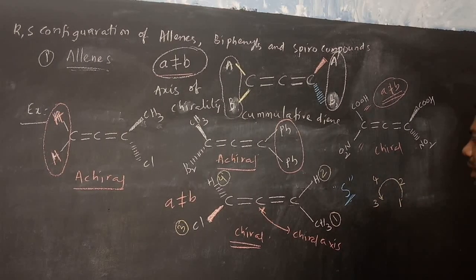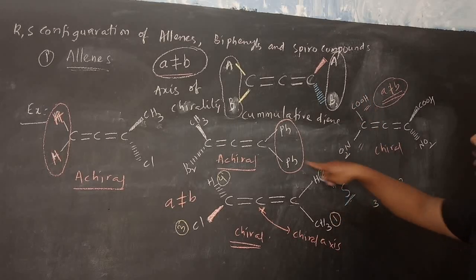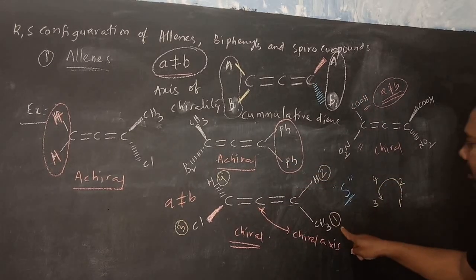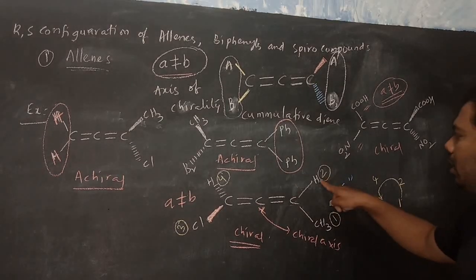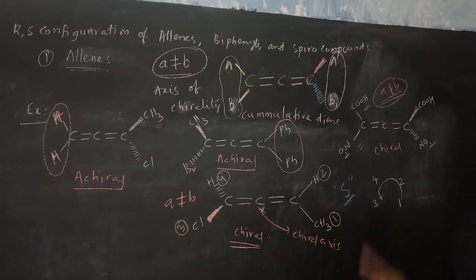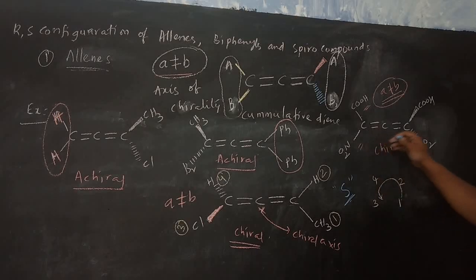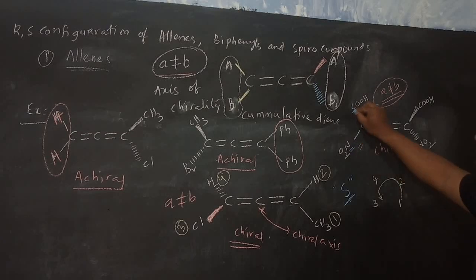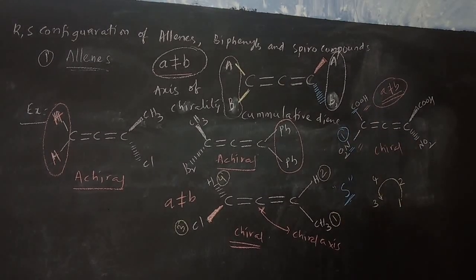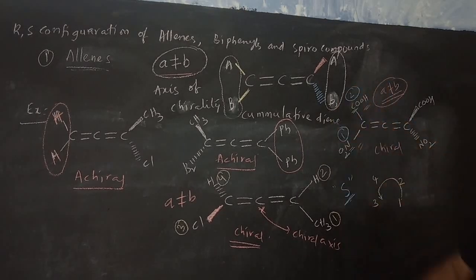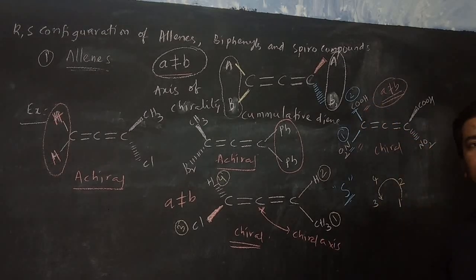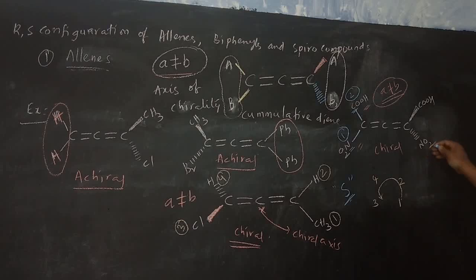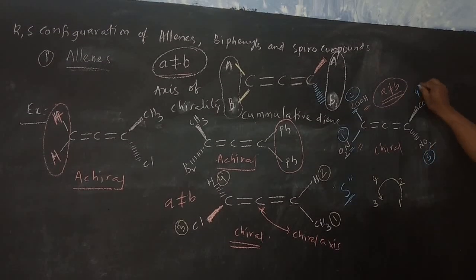So when you are going to assign the RS configuration of this type of molecule, first you assign the priorities of the atoms or substituents which are present in the plane of the paper, then move to the one away from the observer. Okay, so you can see here we have this chiral molecule. Here you can see nitrogen and carbon atom. According to the atomic number, this will get priority 1, 2. Remember students, first give the priorities of atoms which are present in the plane of the paper. So here we have the nitrogen atom, so we will give it priority 3 and priority 4 to the other.